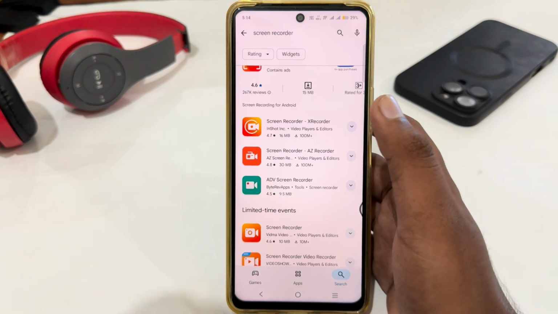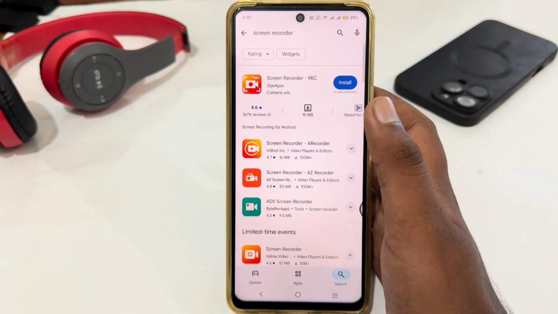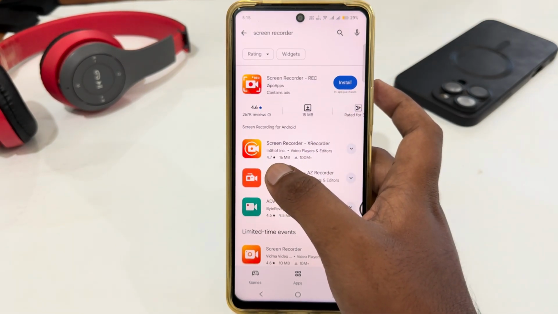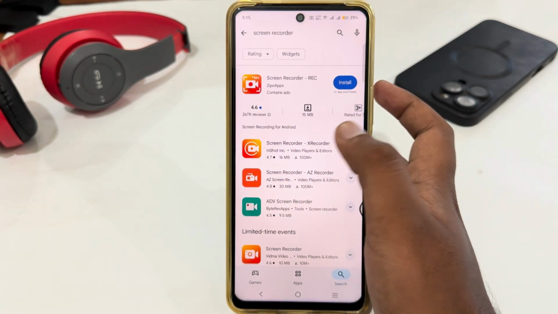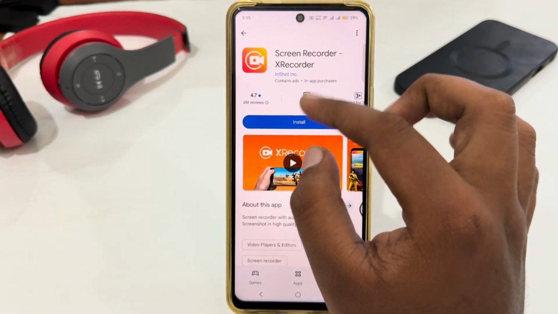So let's see which one we have to install. We have to select based on the ratings, as this one has 4.7 ratings and 100 million plus downloads. So just tap on it and you might want to install this application because it will be